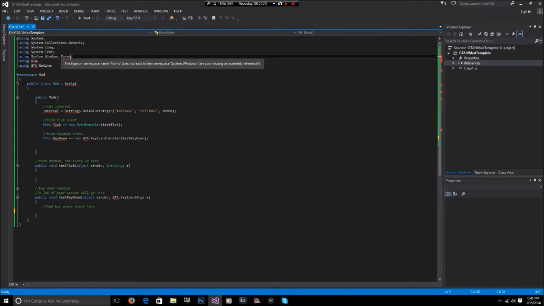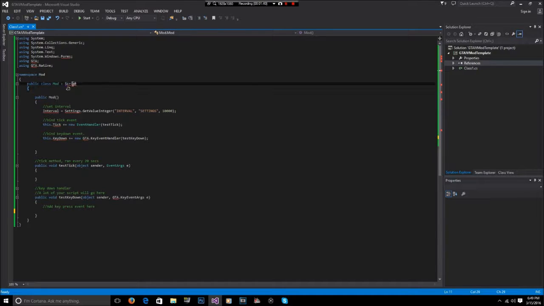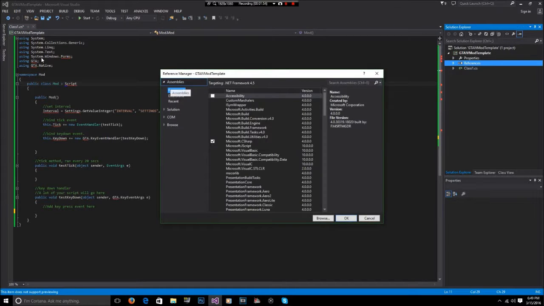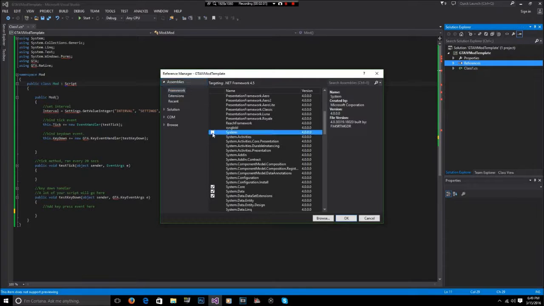So here's what we're going to do. You'll have these red lines under here. That's because you don't have your references, and it'll tell you there that the script is missing a reference. So how you fix that is we're going to go over here to where it says references. We're going to right click, add reference. So you see you have this System.Windows.Forms, and any of these that are not checked, you just go through here and check them. So check System,